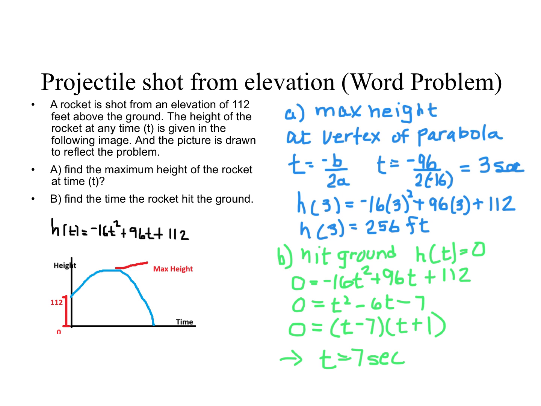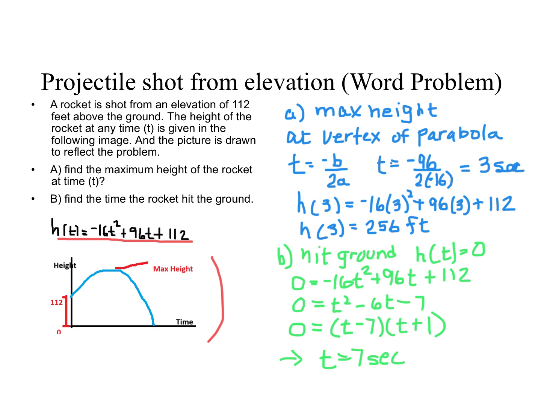which is going to be h(t) is equal to negative 16t squared plus 96t plus 112 feet. Okay. And then the picture is reflected at the bottom here, where we have the projectile is going